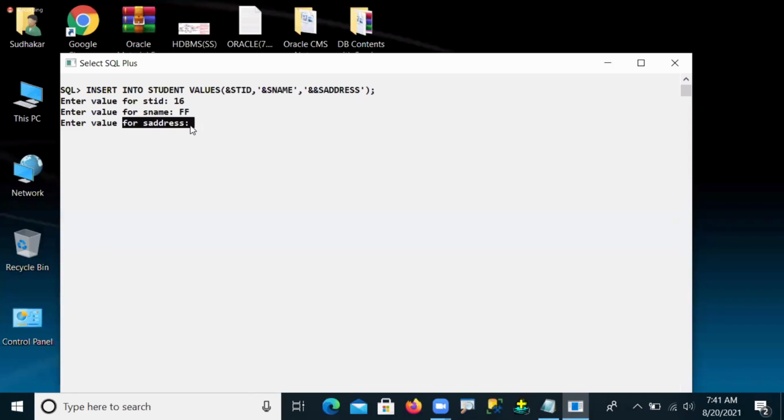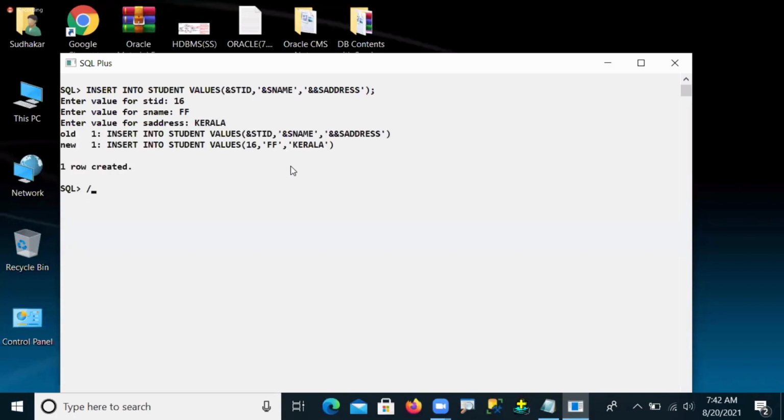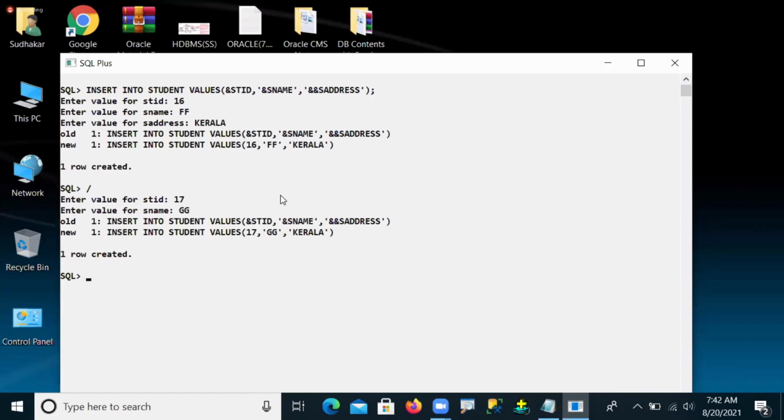If I give anything, for example Kerala, this Kerala will keep repeating. Now you can see ID 17, name GG, and again it took Kerala automatically.